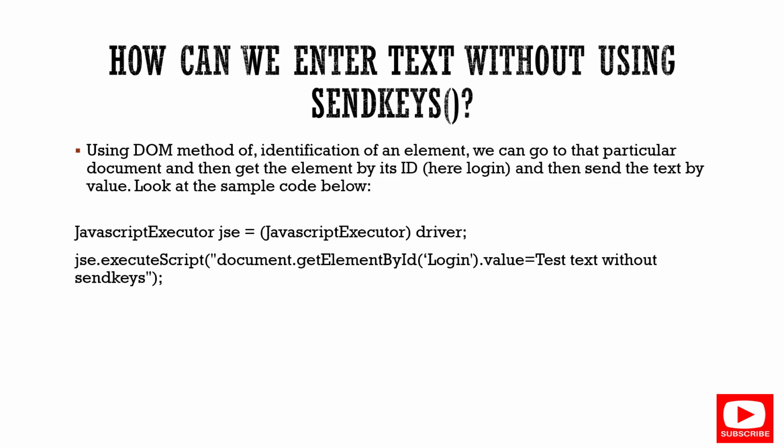And then after, if you click on the dot operator in the console, you will get all the methods available under that element, where it is given getElementById, but you can also check for getElementByXPath as well, and in that you can provide the element location. Then after, you can provide the value which is going to be entered into that specific input tag. So let's move to the next question.